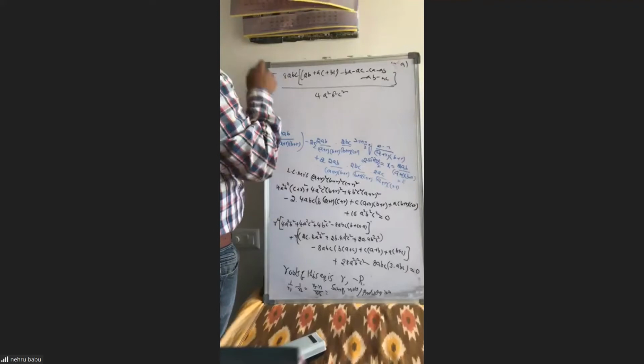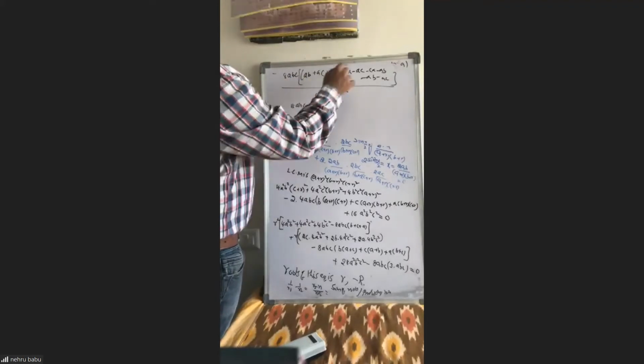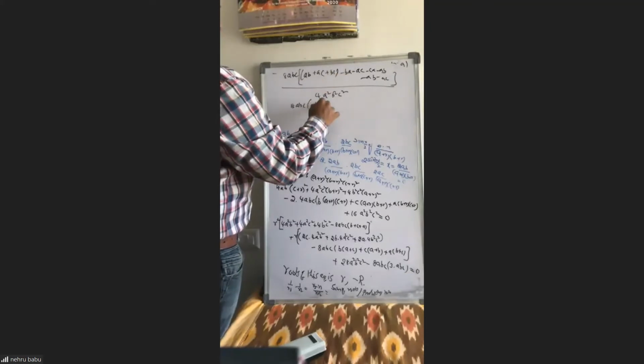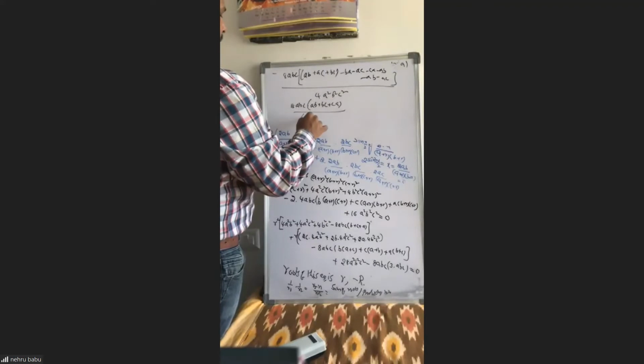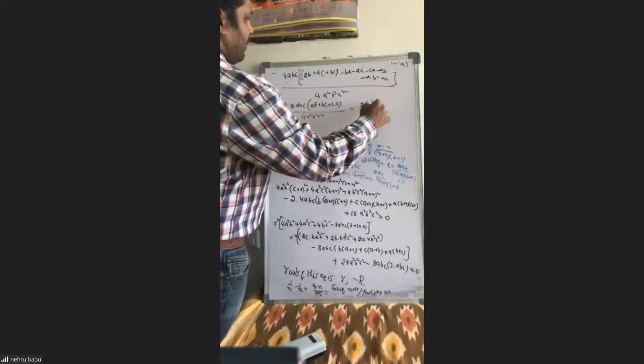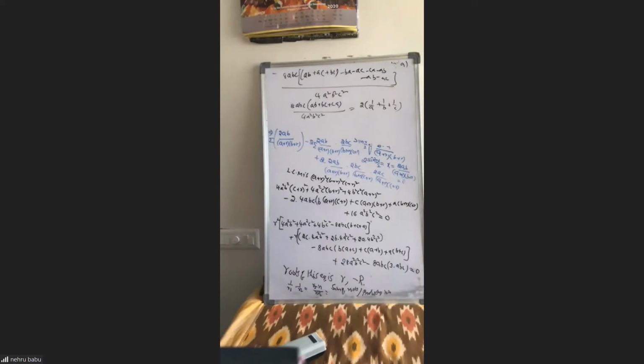So this result is 8abc into this part, which is one term you can simplify: ab plus bc plus ca by 4 a square. So we take ab, bc, ca common. This is 2 times of 1 by a plus 1 by b plus 1 by c. So 1 by small r minus 1 by capital R equals 2 times of 1 by a plus 1 by b plus 1 by c. The calculations are coming too lengthy here.